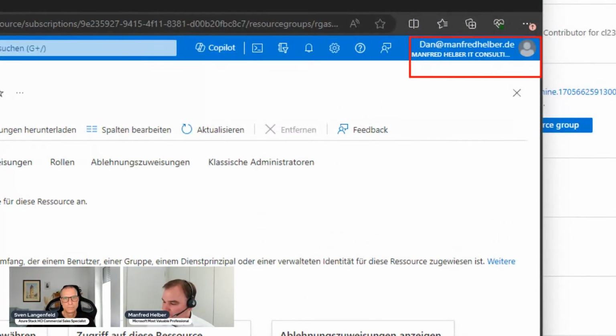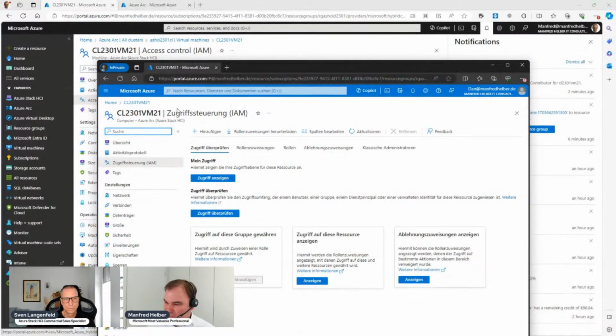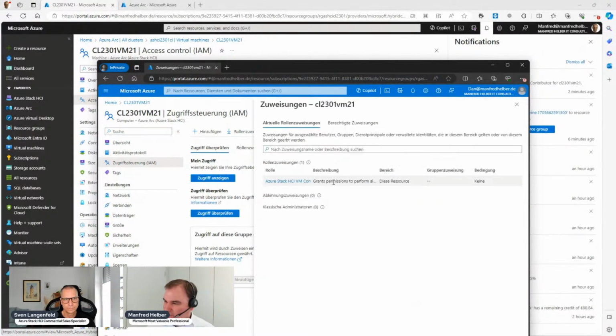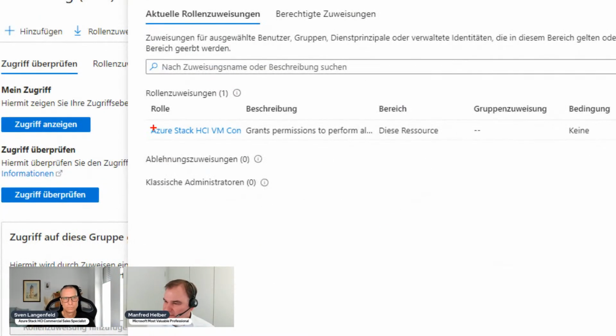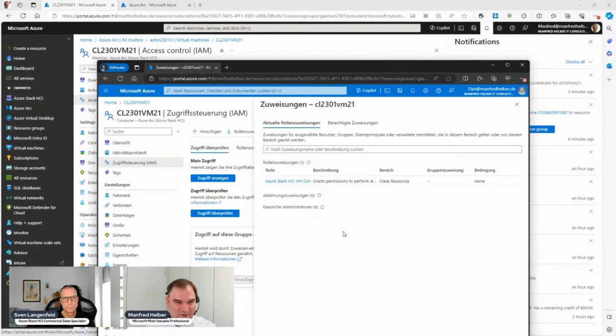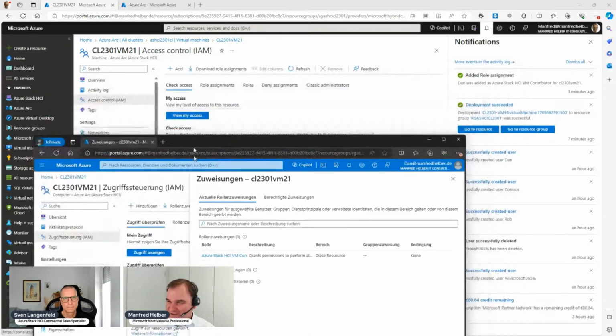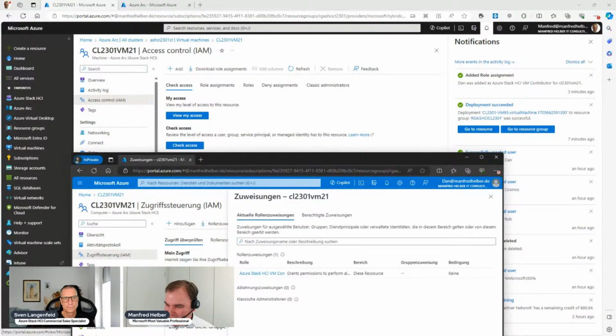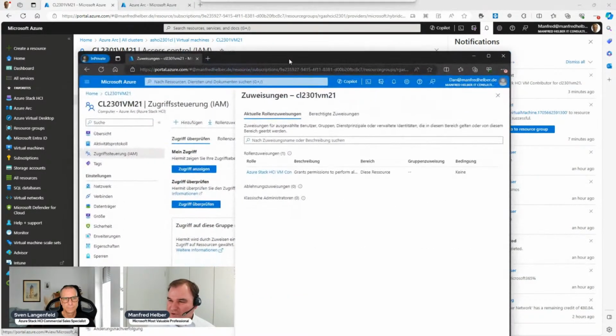Dan is logged in, and Dan can access the virtual machine. And when I click on check access, I can see Dan is only this Azure Stack HCI VM contributor here. So he has exactly this right here. So unfortunately, it's actually in German language because this is a German language tenant. So I will not switch the language because then I have to log out and log in again with this user. But I think I can translate the buttons and you can see the correlation to the user Manfred here. So I clicked on view my access, and Dan has exactly this access right here,